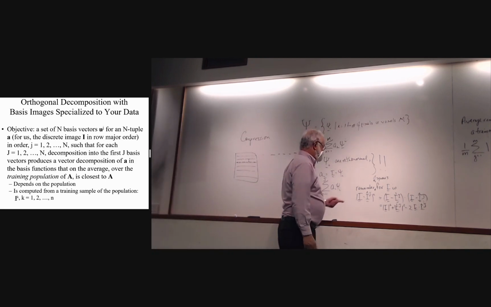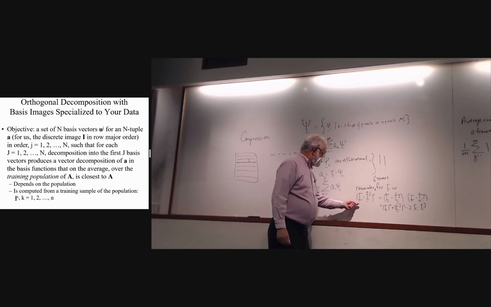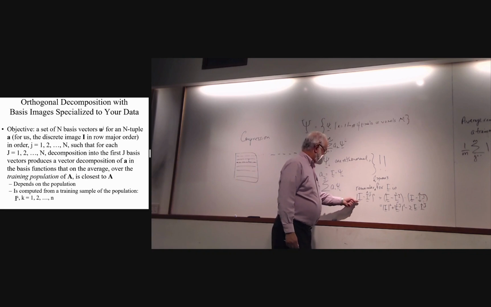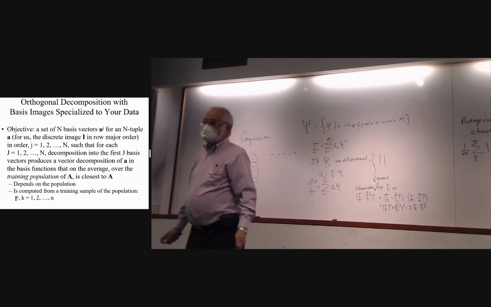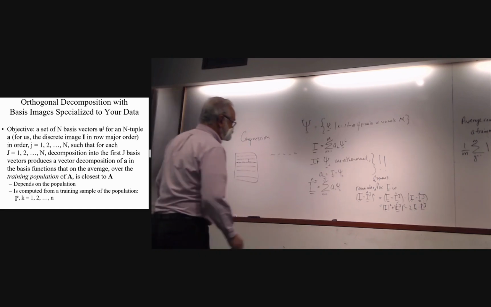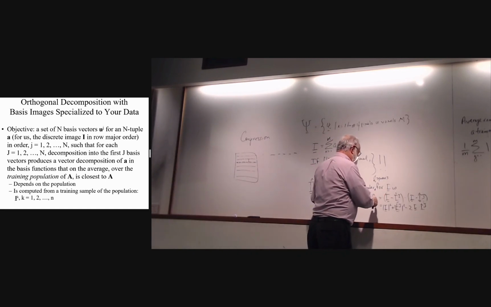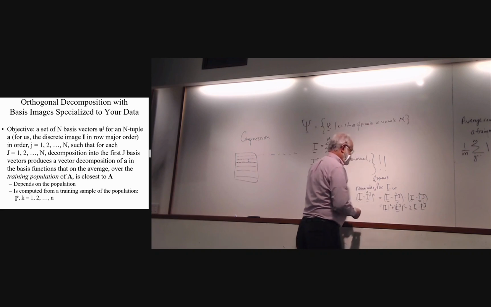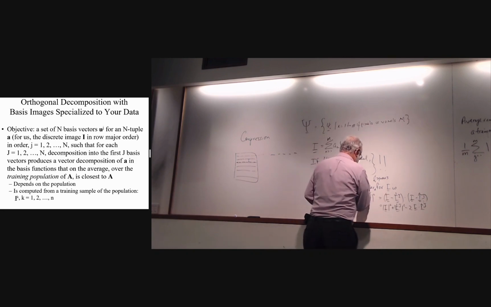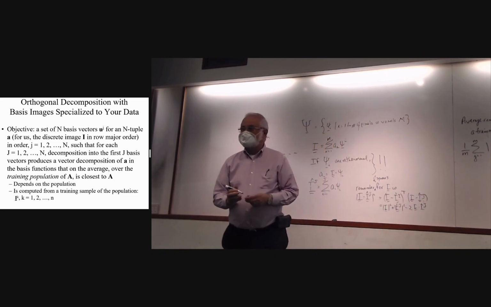The remainder is the sum of the squares of the difference, pixel by pixel, or voxel by voxel, of I itself with its approximation I hat J. And the sum of the squares is the dot product of this thing with itself, or written that way,